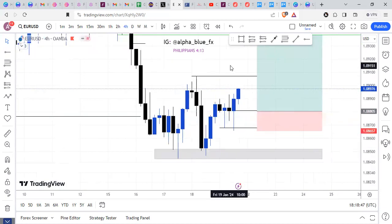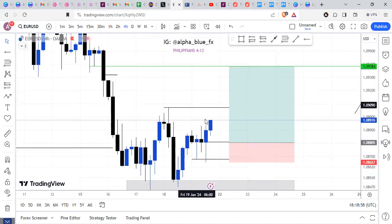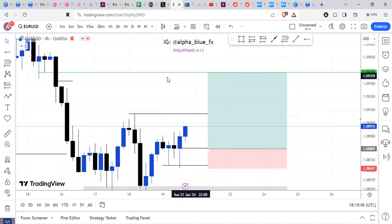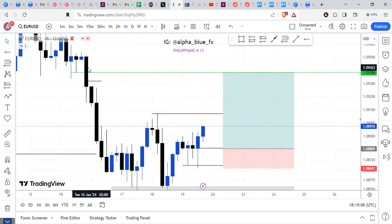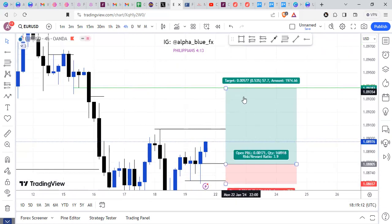So right now, there are many points I'm looking at. First of all, this is a liquidity that price will likely sweep. Price will sweep this liquidity definitely. But the question now is, where do I expect price to get to? Of course, it's this point right here. I'm expecting price to reach this supply area, this other block of supply area before we see a reaction to